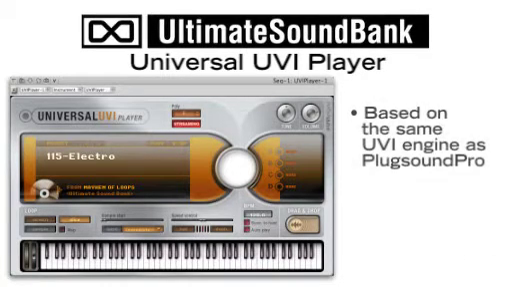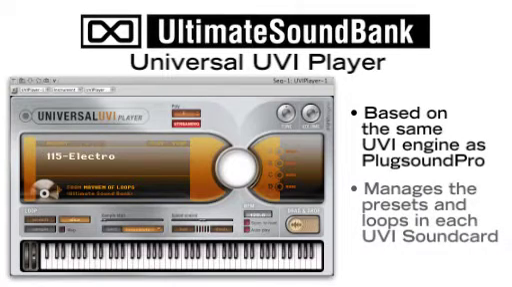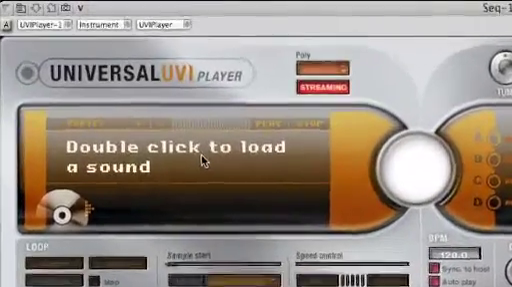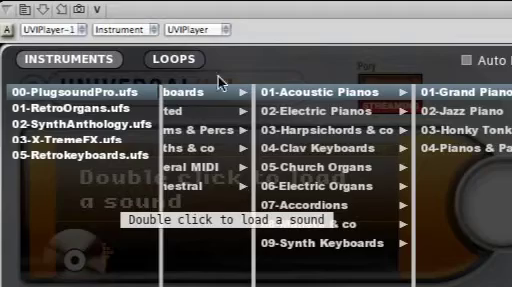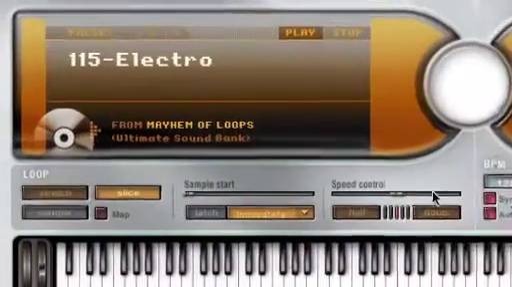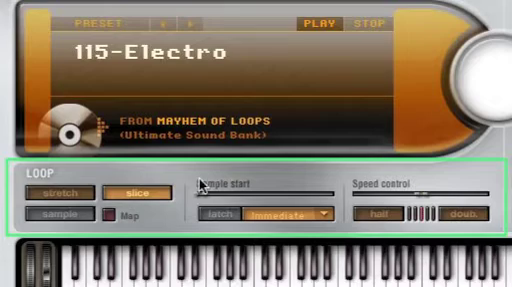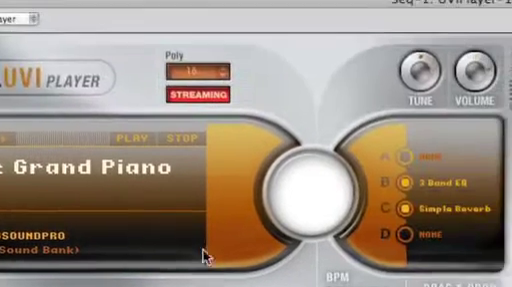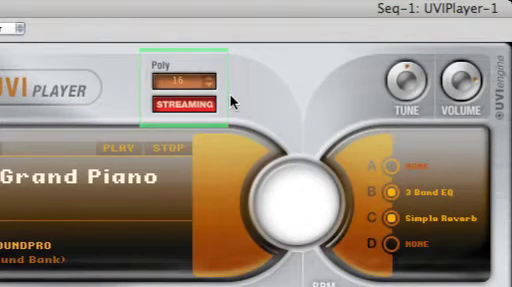Based on the same UVI engine as Plug Sound Pro, the Universal UVI Player manages the presets and loops in each UVI Soundcard and provides controls for loading presets, loops, and phrases into the player, a loop section that controls the settings for the loop or phrase that's loaded into the player, polyphony and disc streaming controls, global tuning and